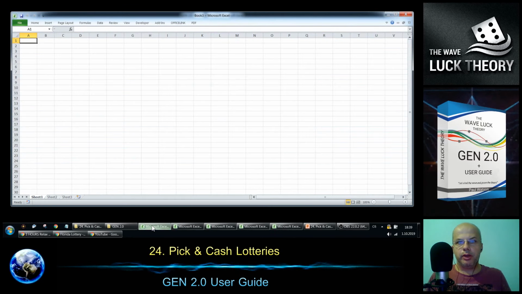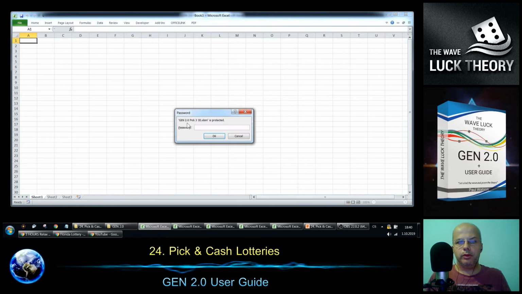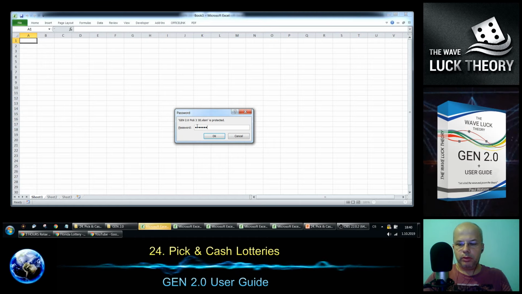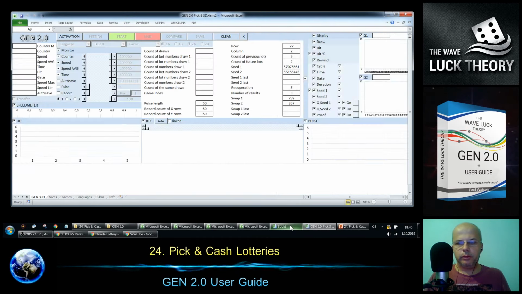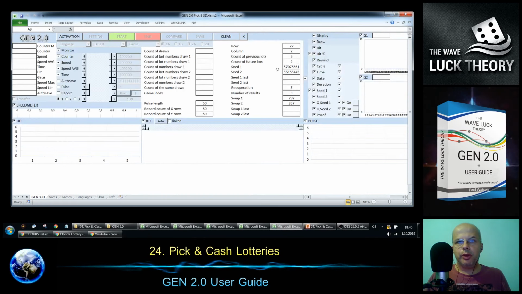And I activate book 3, and let's insert pick 3, draw 3, so book 3 we will close,